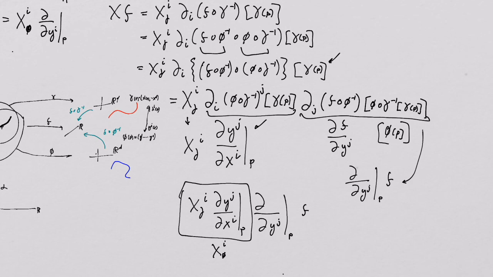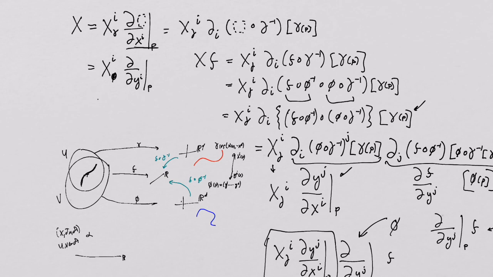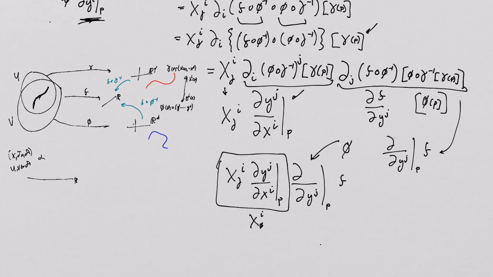rule that translates the x, because the reason it's x phi of I is because this is the basis in the phi chart, right? This is the phi chart's basis. Just like this is the x chart's basis, this is the phi chart's basis. Where if I was a little bit neater, you would see the phi right there, right? So now my rule is very simple. X on the phi chart at I equals x on the, I guess we call it the gamma chart,